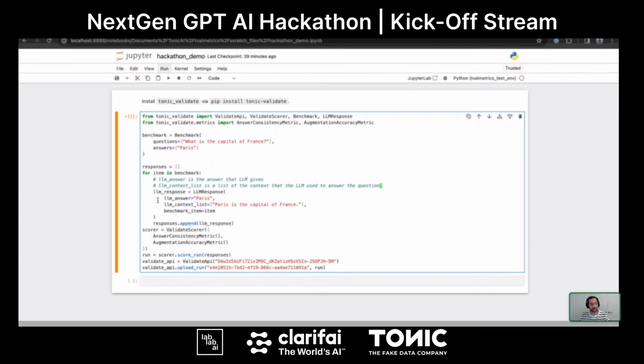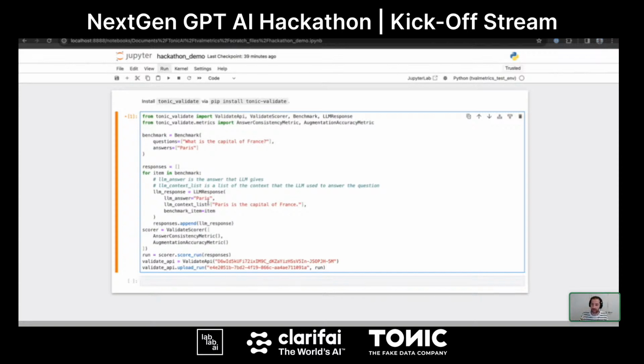Just for this getting started flow, I'm not doing that. I'm just using a dummy answer here. The dummy answer is the same as the reference answer, Paris. And then, what's the difference between using a RAG system and just using the LLM itself? The difference is the RAG system gives you a retrieved context.